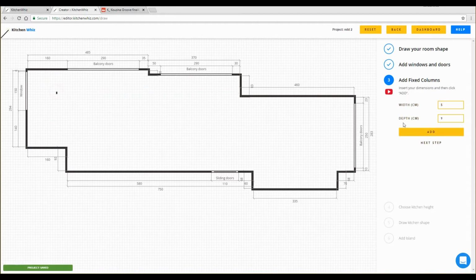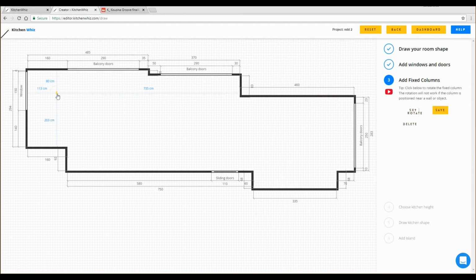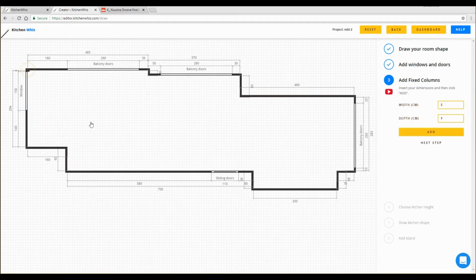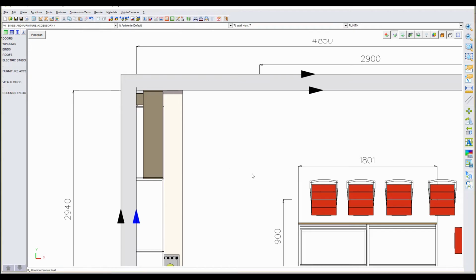I'm gonna rotate the fixed column. You have to click on it, click rotate, then we're going to pick it and add it in the corner. Something happened there, so I'm gonna try again. Okay, so the one fixed column is positioned